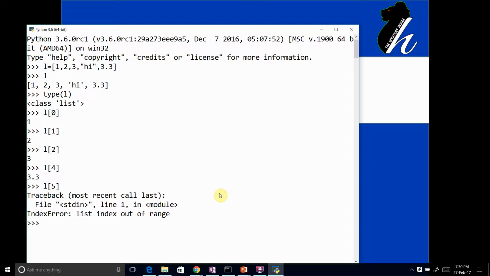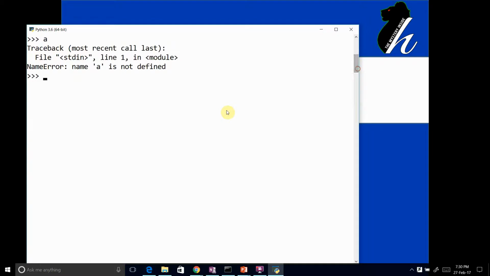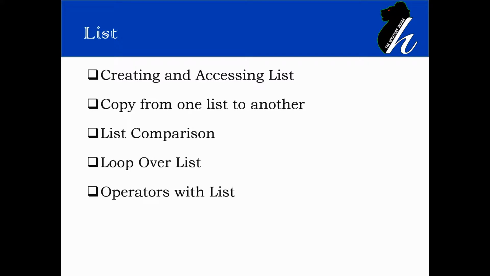With lists, many syntaxes actually work. For example, let's say I have some list A equals to 1, 2, 3, and if I wanted to have a new list, let's say B equals A plus 5, 6, then I would have a new list which contains the appended values of the previous list. So this syntax also works with lists. Basically this is just an introduction to list, and creating and accessing list in Python; that was the demonstration for the same.